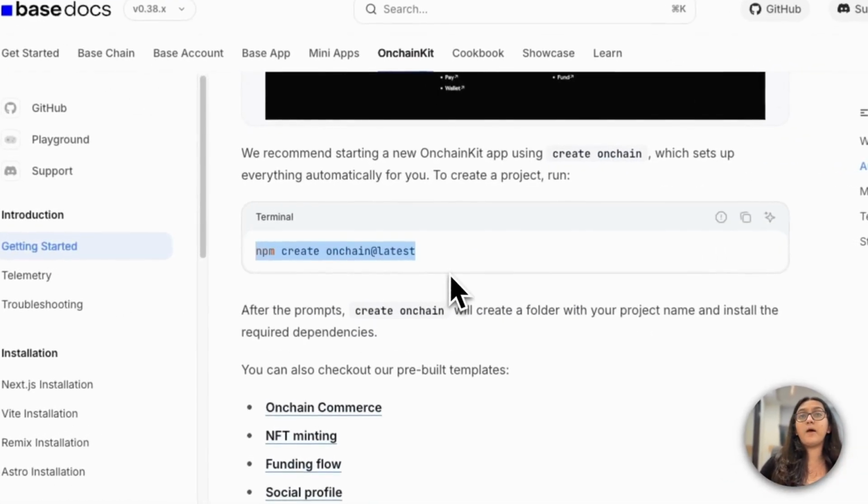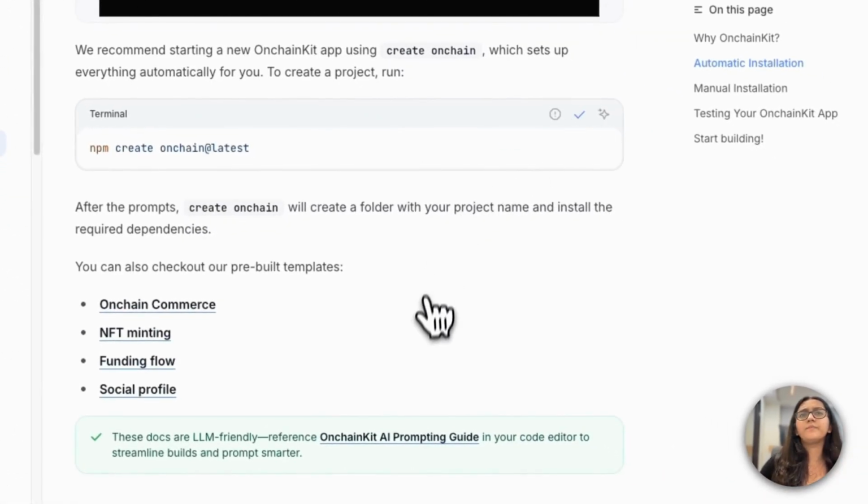So this is our power command. I should just copy it also. And yeah, too many things. So let's just get to